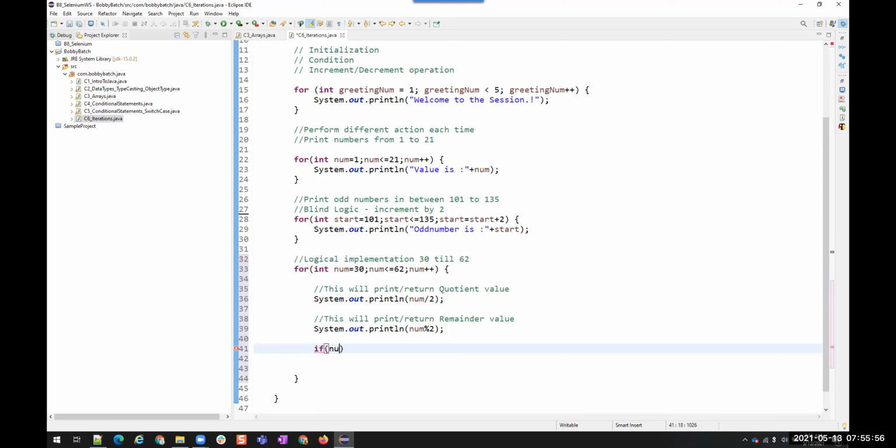If number divided by 2 is equal to 1, if the number leaves remainder 1, then I want to print that number, right?